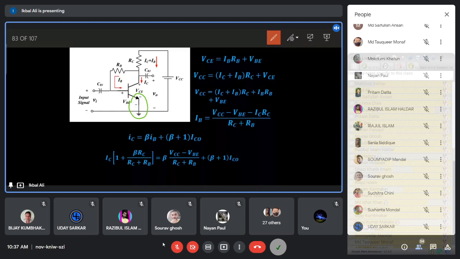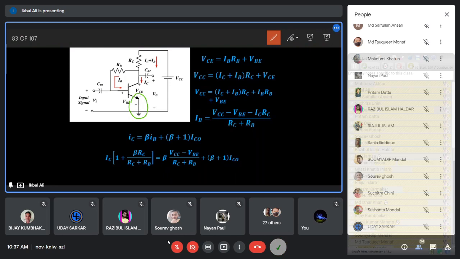This connection, actually, truly speaking, direct connection of the emitter to the ground actually reduces the stability of these types of biasing circuits. Though the collector to base bias circuit has an improved stability compared to the fixed bias, both the biasing circuits have the emitter directly connected to ground. So this is the main problem.